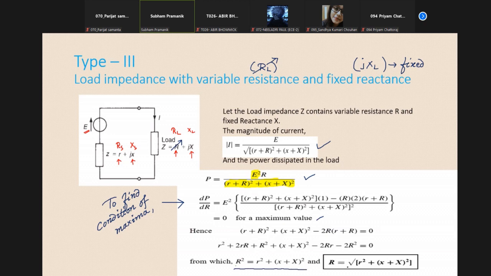which says the value of capital R. Why is it written in terms of capital R and not capital X? Because here capital X is fixed. You cannot change it. You can change only capital R. The power will become maximum when this particular condition is satisfied. If not, then maximum power transfer will not take place. So if capital R is equal to root over small r square plus (small x plus capital X) square, it happens.